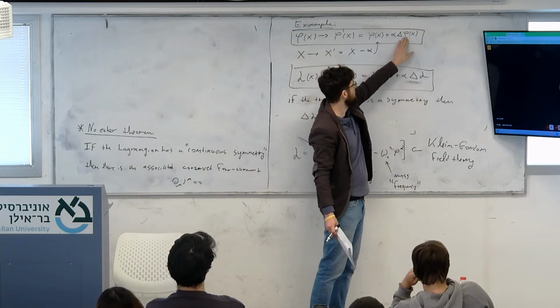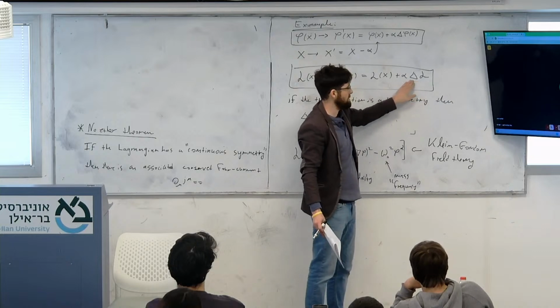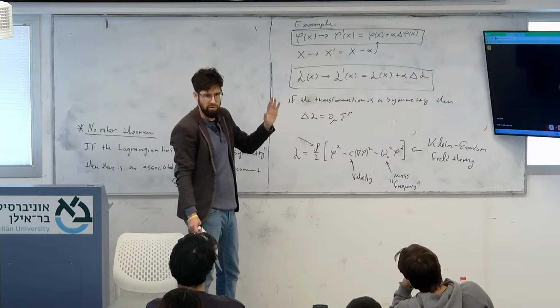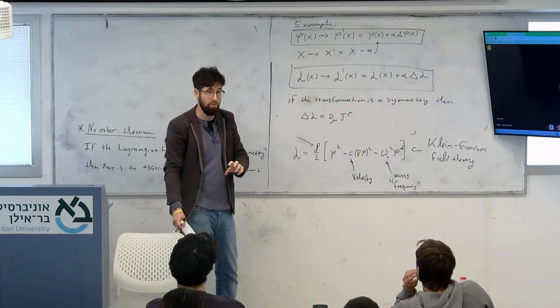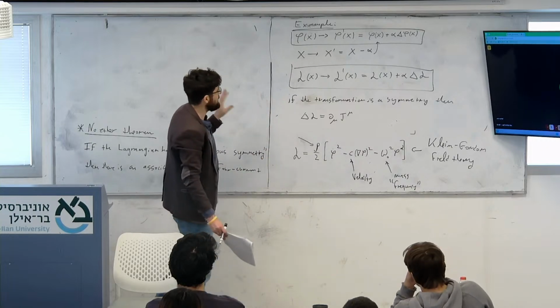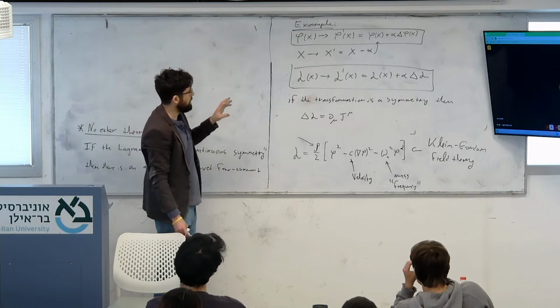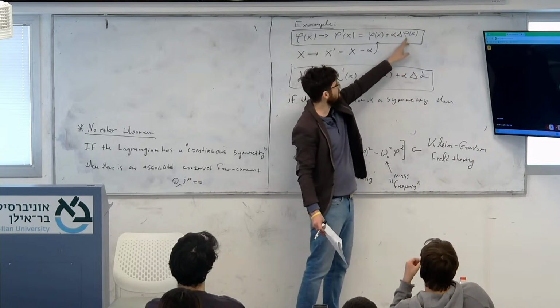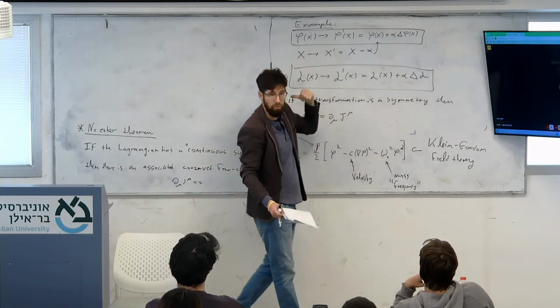Okay, what we're going to need to figure out is what is this and what is this. I know if you haven't seen this before, or if you don't remember, it sounds very vague right now, but we'll make it concrete in a moment. The point is that I can also derive this delta L by using this variation, exactly like we did before, right?